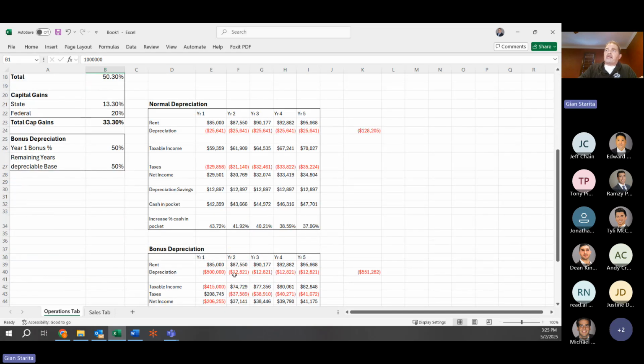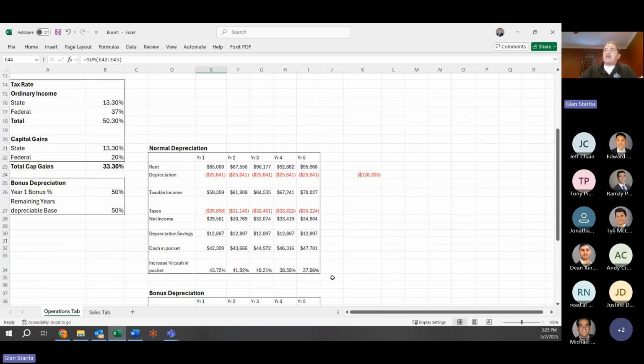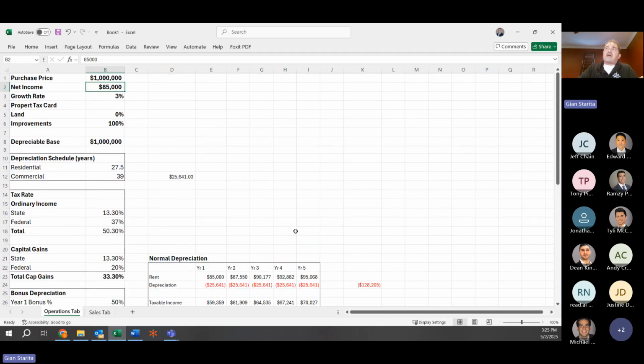I do my accelerated depreciation, and I'm taking a $500,000 write-off in year one. Pretty interesting. I could be saving a couple hundred thousand. My return on that asset, I might make 85,000 in cash, which is 8.5%, and then get another 25% on tax savings because I'm a real estate professional, or I have other real estate deals that I can match the write-off against that income.